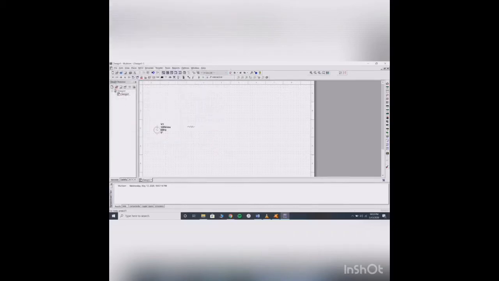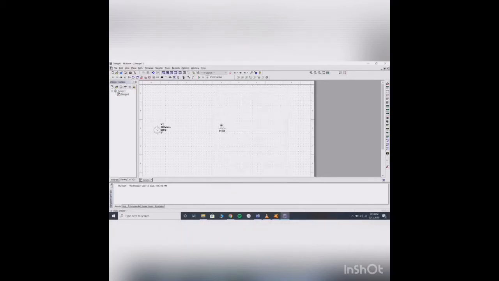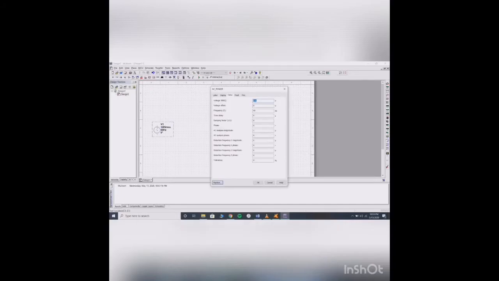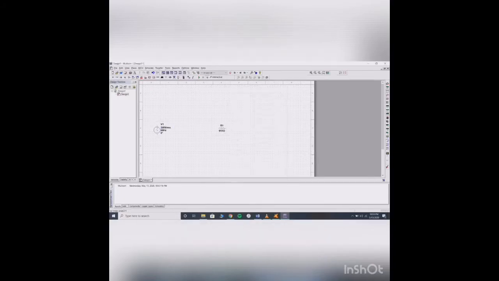And then take the resistor into the circuit and then change the value of R1, which is 910 ohm. Change the voltage of the source power to 200 volt and pick 2 multimeter into the circuit and 1 wattmeter